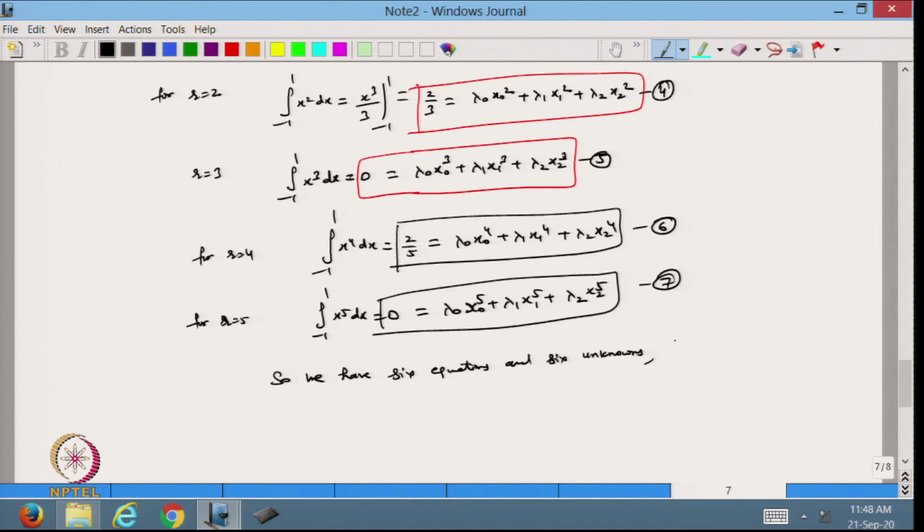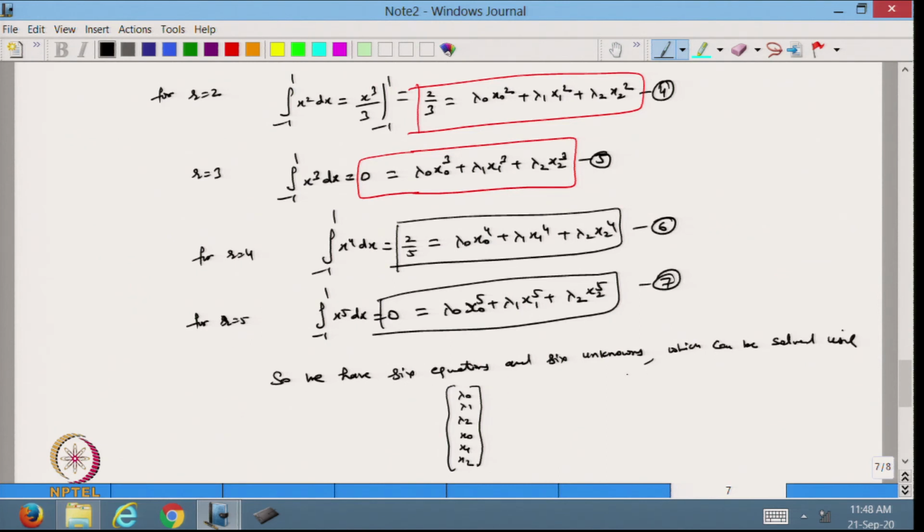So, the unknowns I can take as lambda 0, lambda 1, lambda 2, x 0, x 1, x 2. So, this is my vector with the 6 values. So, we have 6 equations and 6 unknowns, which can be solved